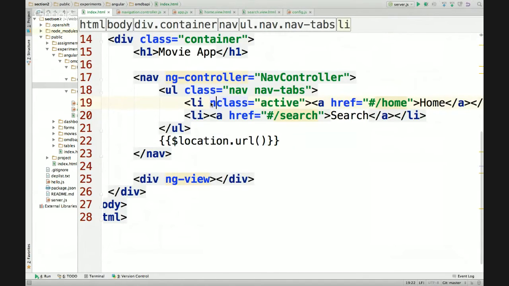It could be ng-class. I want to calculate the class that I want to apply. And I want it to be this literal string active, right? If I don't put it in quotes, it'll think it's a variable. It'll try to evaluate that variable and see what the value is. But I don't have an active variable. I'm using a literal string active, and it's active if